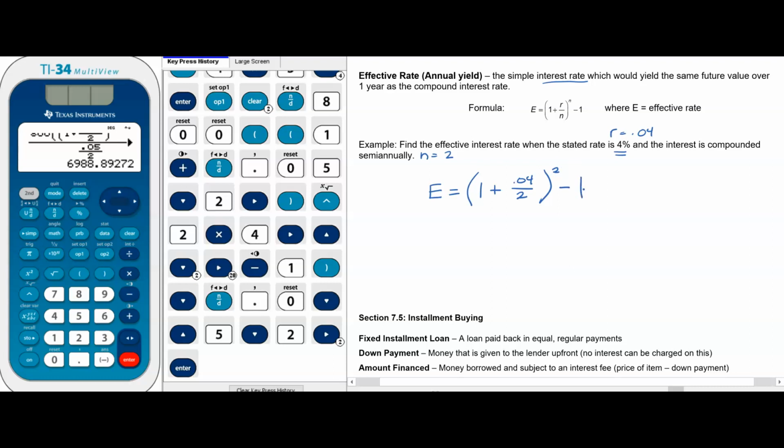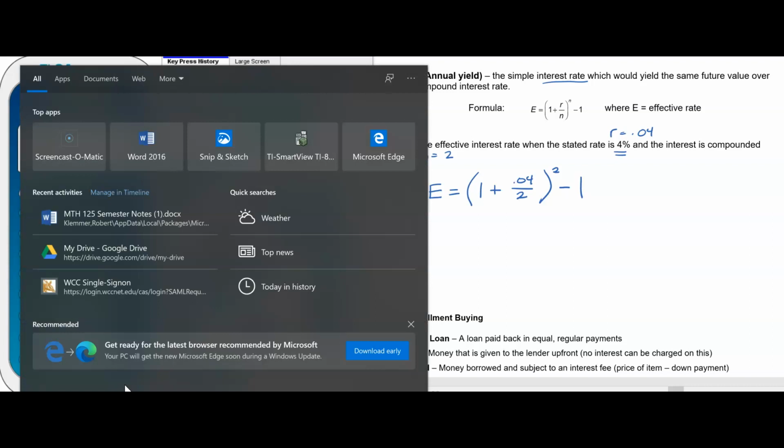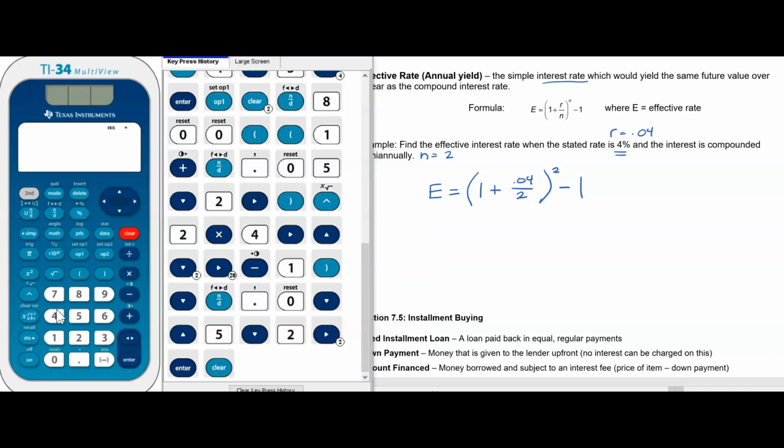So you could work this all out by hand, or I'm just going to go ahead and type that right into the calculator. So I'm going to use parentheses. Okay, so